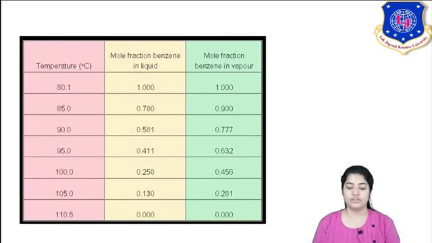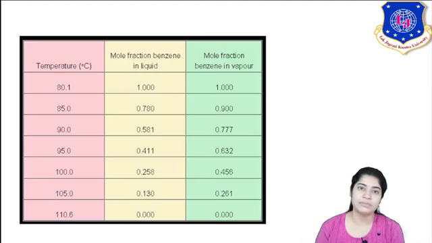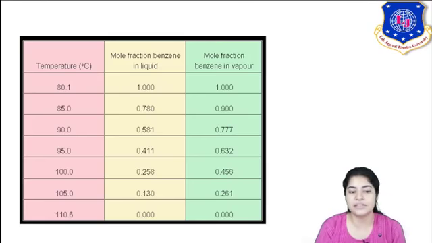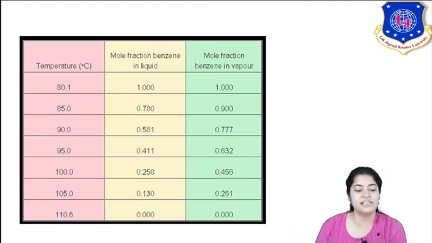Now moving forward, as I was discussing about conducting your experiment, with temperature, as I told you, your equilibrium condition changes. You can see here for different temperatures, this is the benzene and toluene example which I took, where benzene is more volatile. Recently I told you that we represent our data for the more volatile component. So for the benzene and toluene system, benzene is more volatile. As I'm increasing the temperature, the mole fraction of benzene in vapor changes continuously.